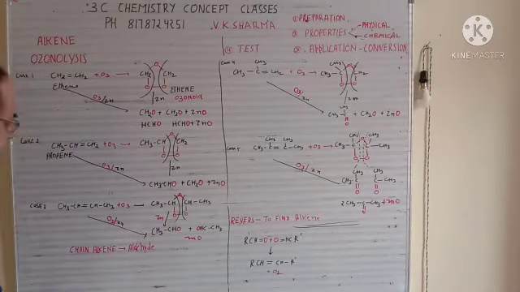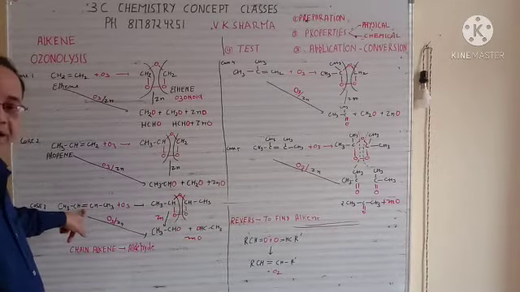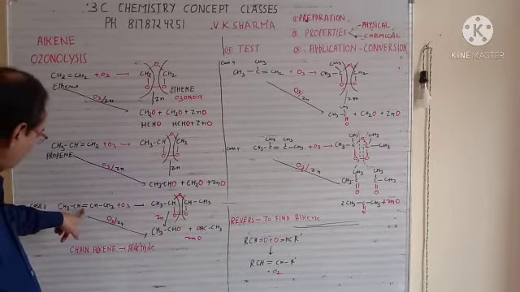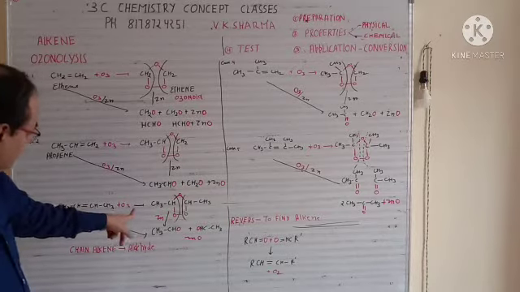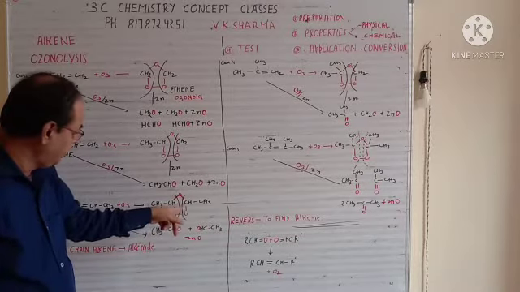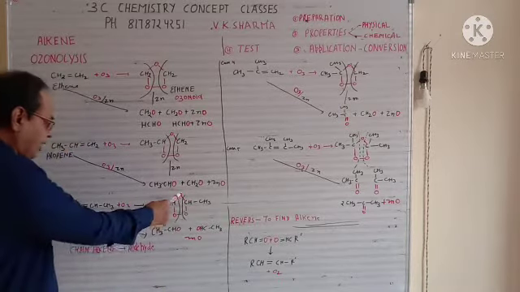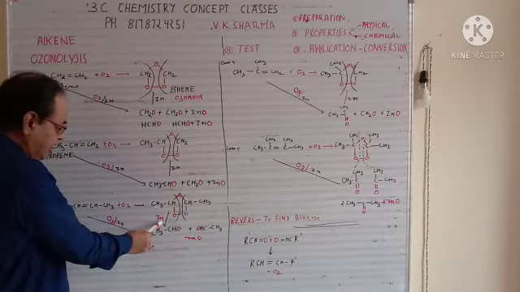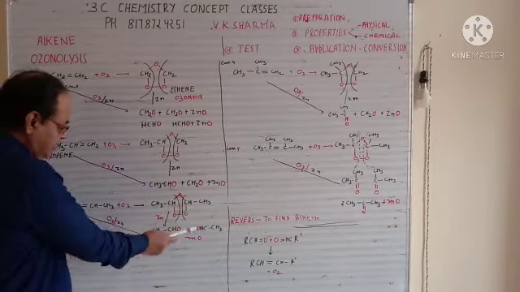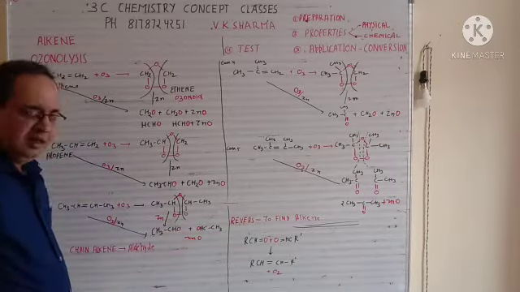Now let's take another example, 2-butene. Wherever you find the double bond, ozonolysis will take place only on the double bond. So now this ozone will be adjusted at this double bond position. This will give you CH3, CH, with the O adjusted at the double bond with 2 valency, and CH and CH3. Again you put the zinc here, so one oxygen will be carried by the zinc and each carbon will take one oxygen. So this will give you CH3CHO, CH3CHO. You will get 2 molecules of CH3CHO plus 1 molecule of ZnO.